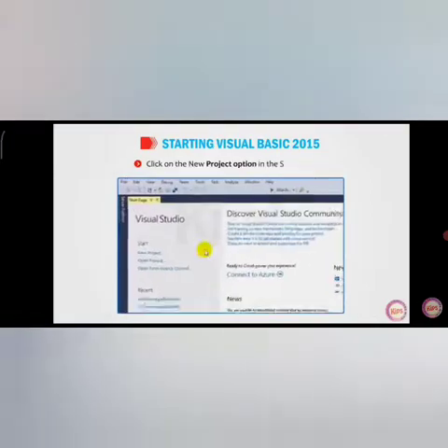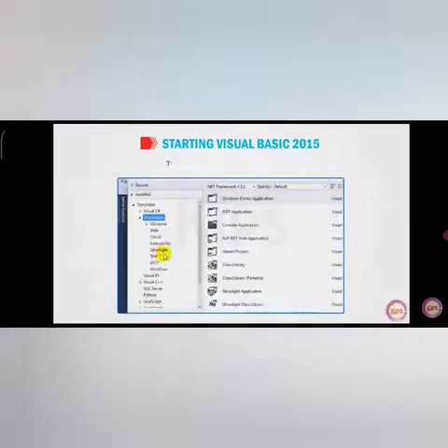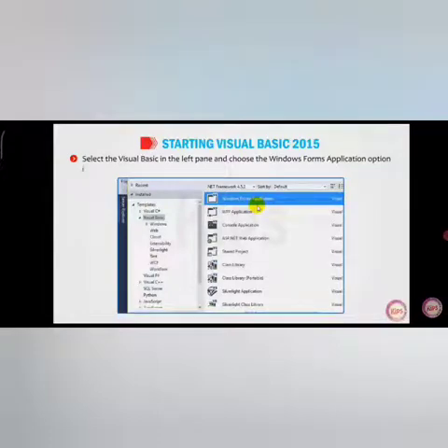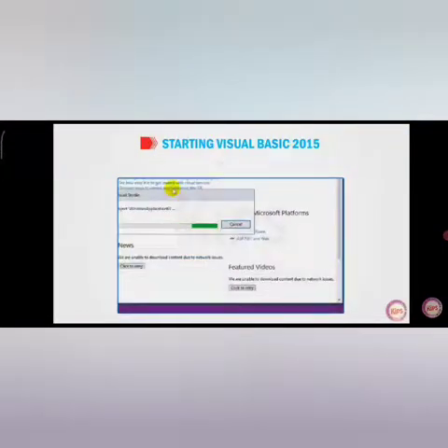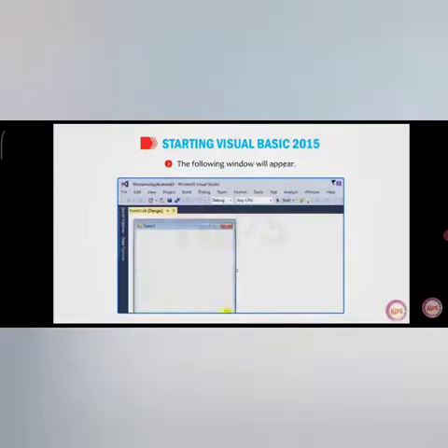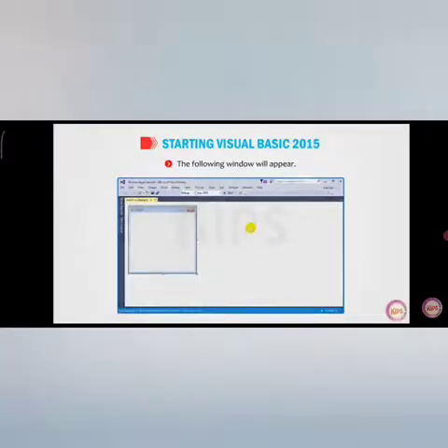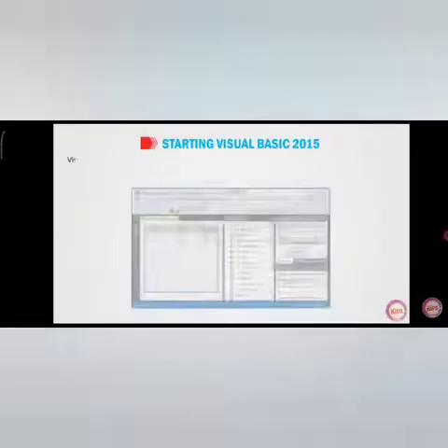Click on the new project option in the start section and then the new project window will appear. Select the Visual Basic in the left pane and choose the Windows Form Application option in the middle pane. Click OK button. The following window will appear. Tip, you may specify the name of the application in the name box or you can choose to save it later.